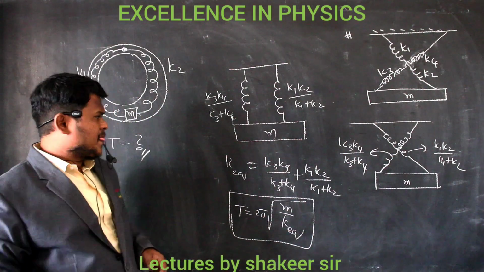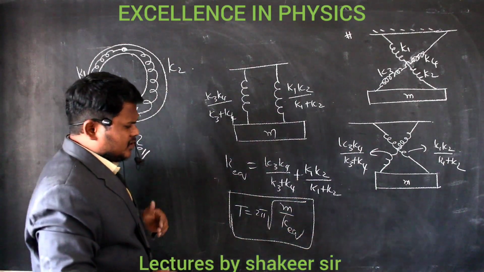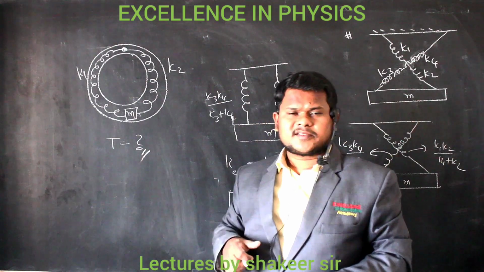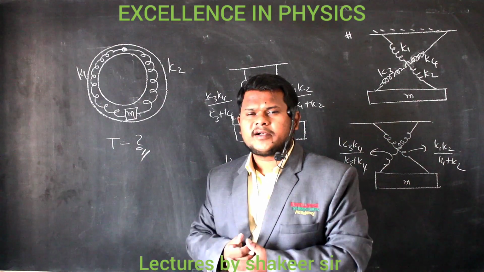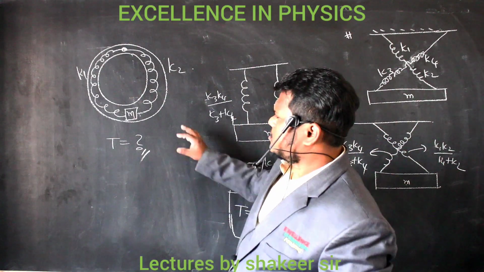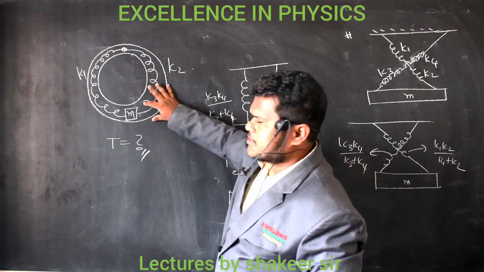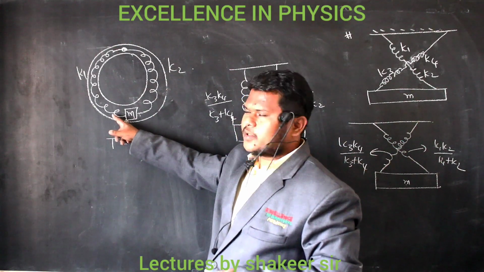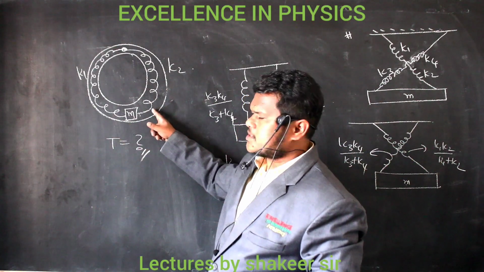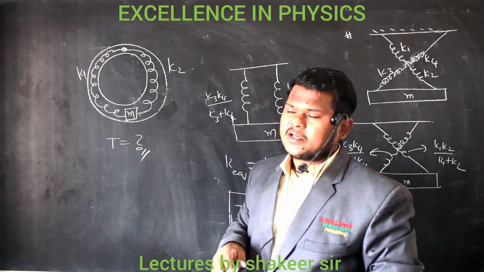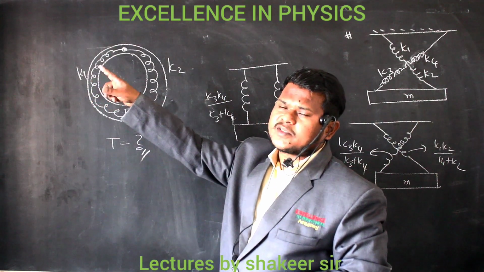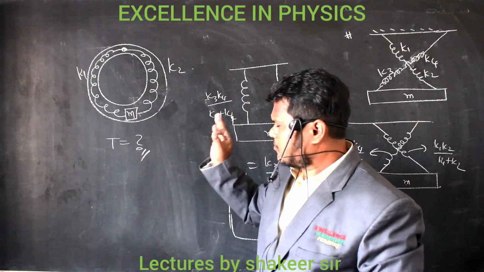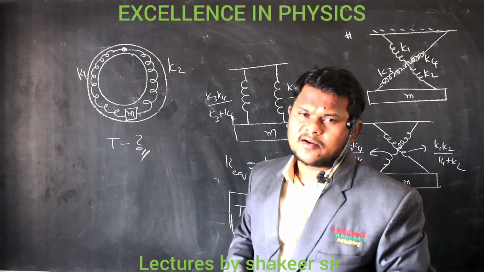If I move this mass by a small distance of x and release, then what will be the time period of oscillation? Clear? So here also we have to identify whether this connection is a series connection or a parallel connection. How can you identify? Same logic, just displace this one by a small distance of x. Then the elongation produced in the first spring will be the same as the compression produced in the second spring. Both of them give restoring force in the same direction, and both are providing restoring force on this mass. So definitely this combination is a parallel combination.